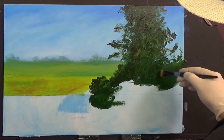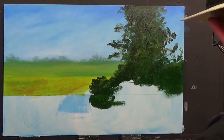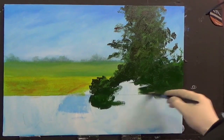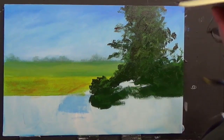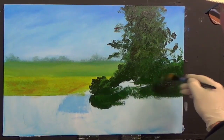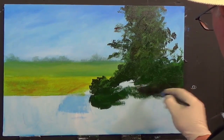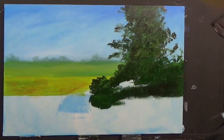This is the ugly stage really, and you'll notice that with most paintings, you'll get to a stage where you're thinking, oh, what a mess, but they always work. They always come together. If you don't do anything else, just keep at it. Trust me. These things will work out. But acrylics are